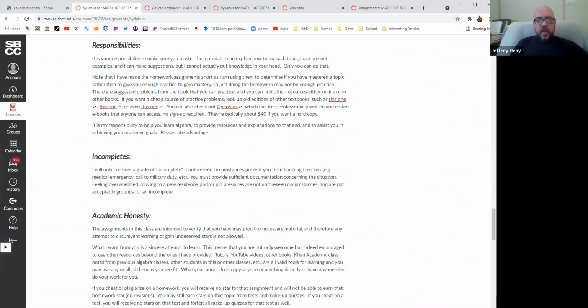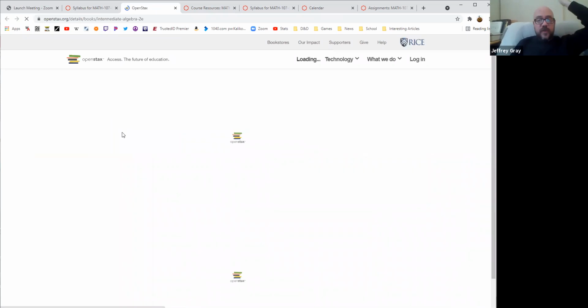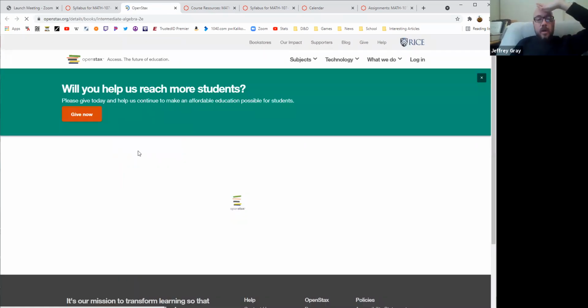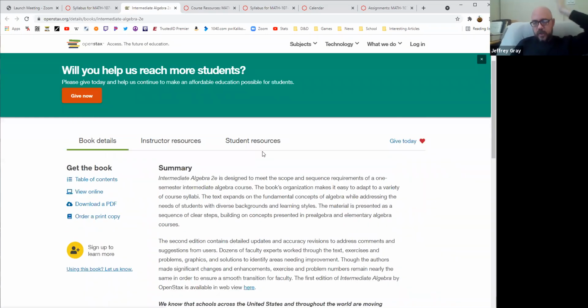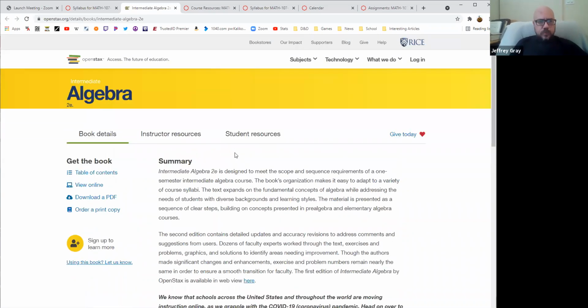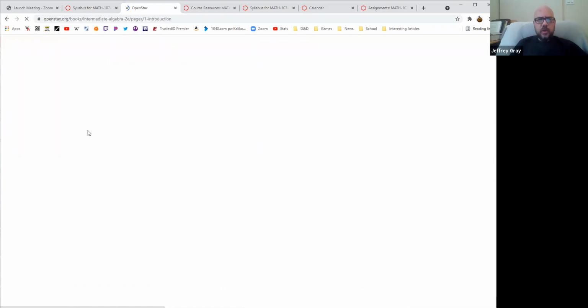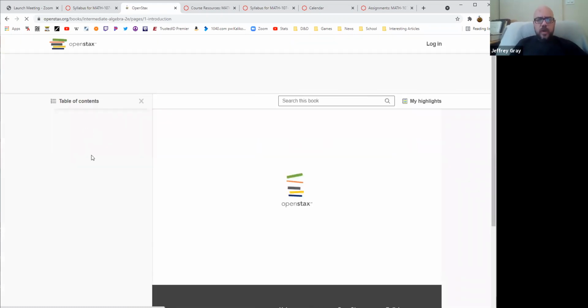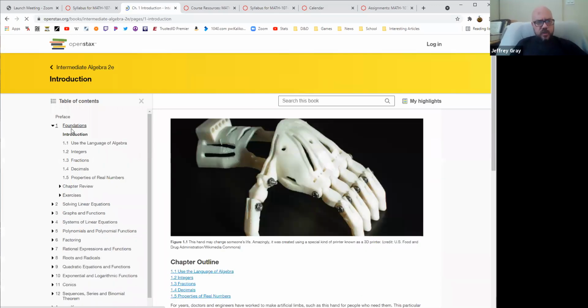But they do have lots of free books that you can use for any topic you want, and they're professionally written textbooks. They're perfectly good. I've used these before. This is the one for algebra for this class. We were using this book, and you can just go check out anything you want to know in here. So if you want to know about fractions, we can go to this table of contents here, fractions. There we go.